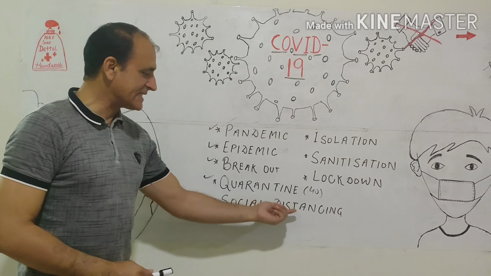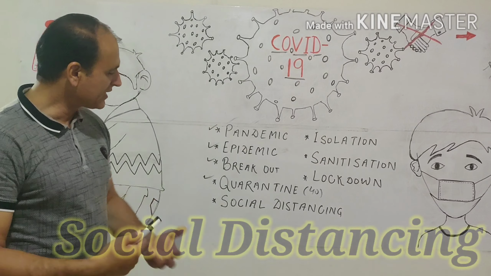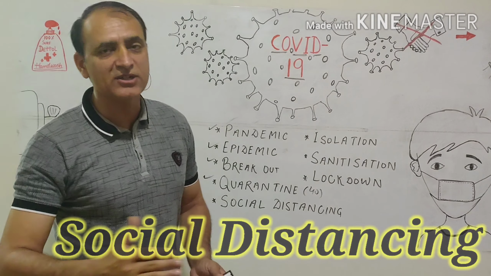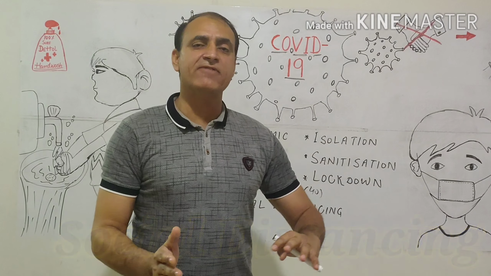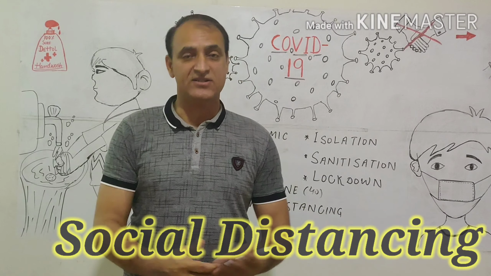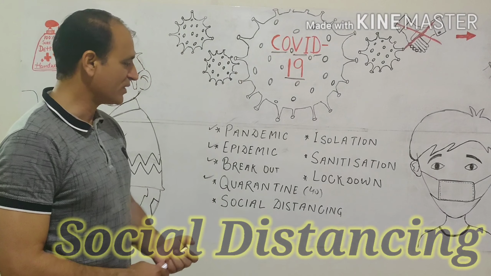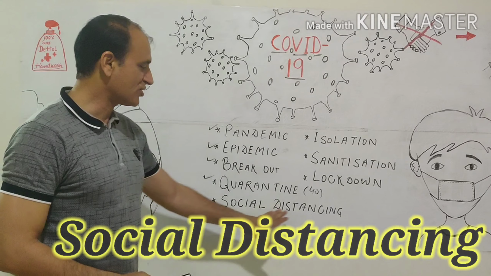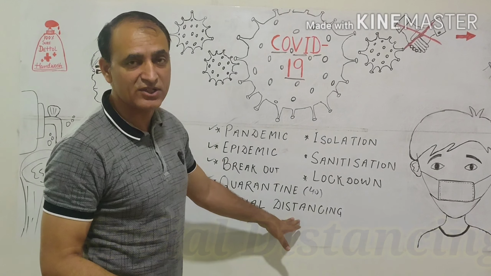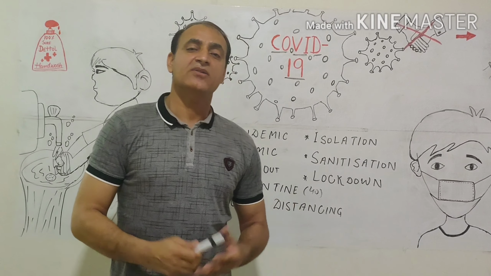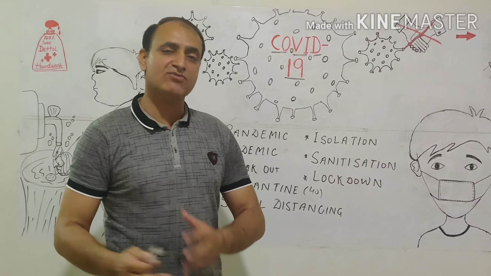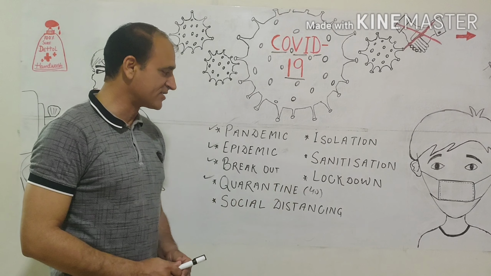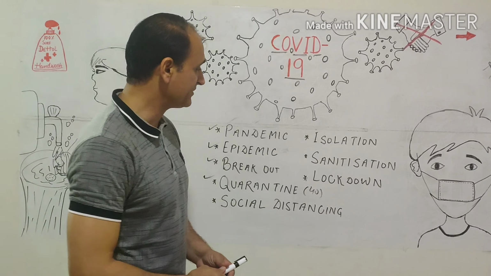Next one is social distancing, which is another form of quarantine itself. We stop meeting with people when some infectious or contagious disease is spreading. So we disconnect ourselves from society and remain inside the houses. That is social distancing, which is very frequently used even by our respected Prime Minister Mr. Narendra Modi ji, as well as newspapers and media. Everything speaks a lot about social distancing, which we have to take care about, obviously.